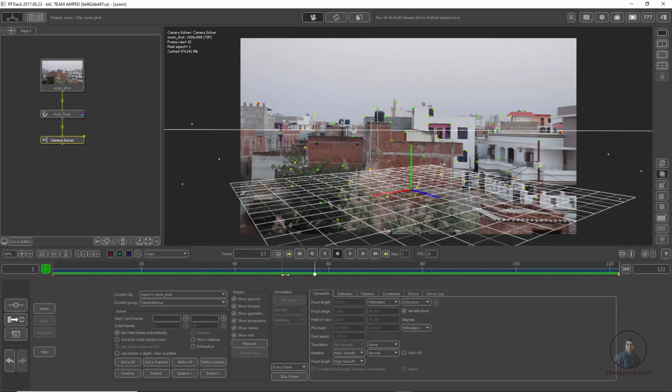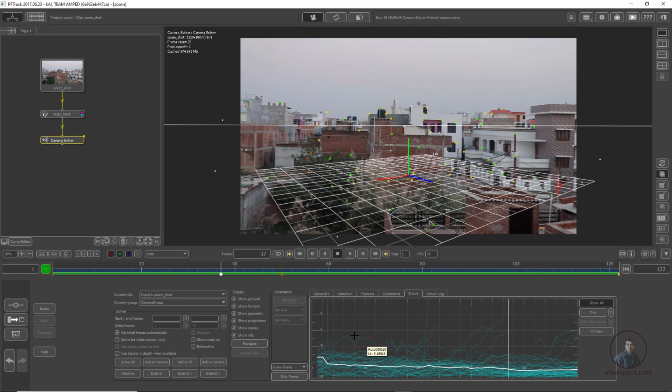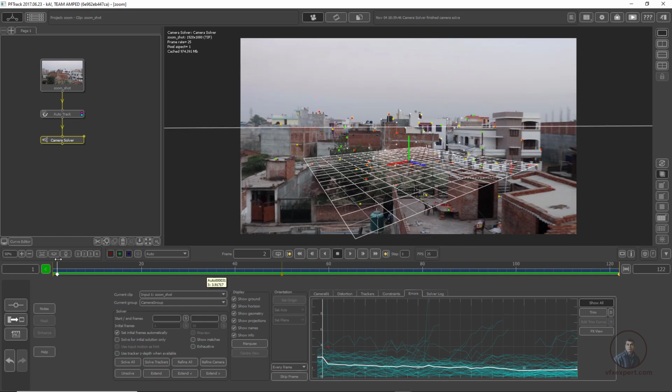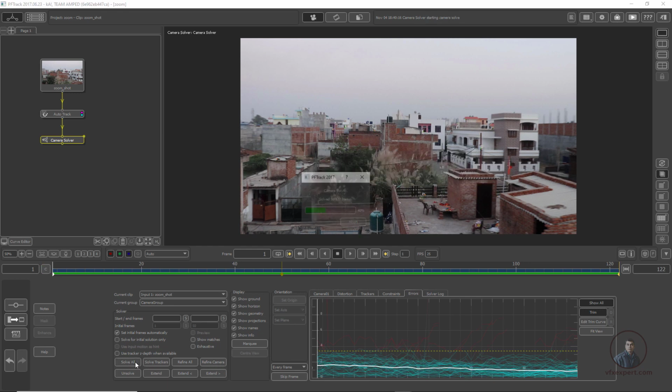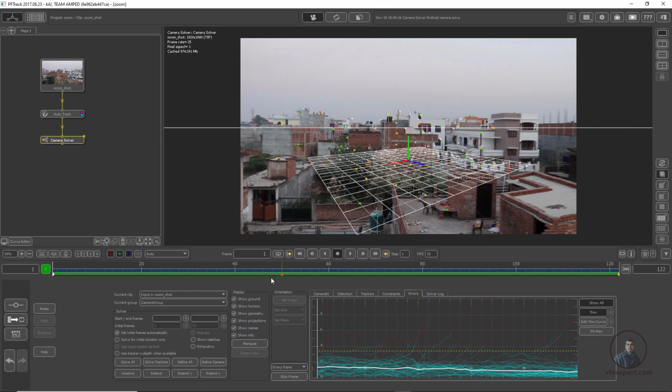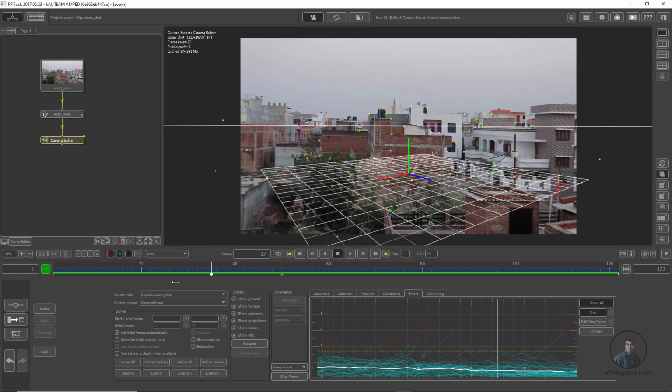Now you can see an error has come up in our error option. I think there is a little bit of a problem in our starting frame because some rotation is there, you can easily see. We have to fix this one, so simply click on trim here. Now I think this is sufficient. If you want, you can adjust it a little bit here, then refine camera, then solve all. So now you can see, I think this is looking good.